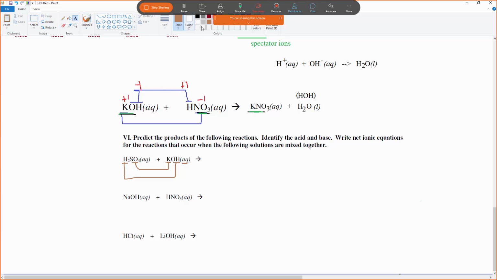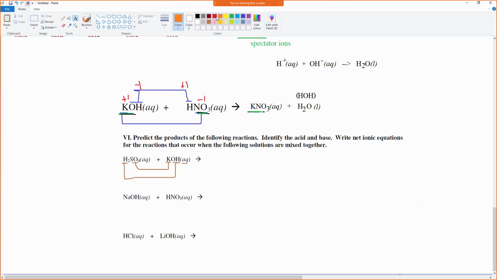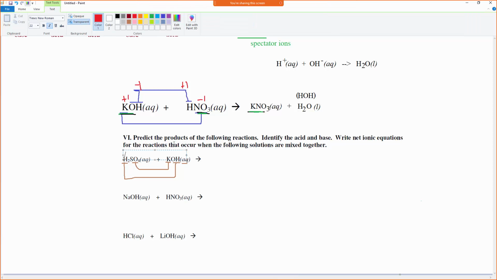Important thing to note here is that my H has a charge of +1. My sulfate has a charge of -2. Potassium is +1. Hydroxide is -1. So when I put these together,